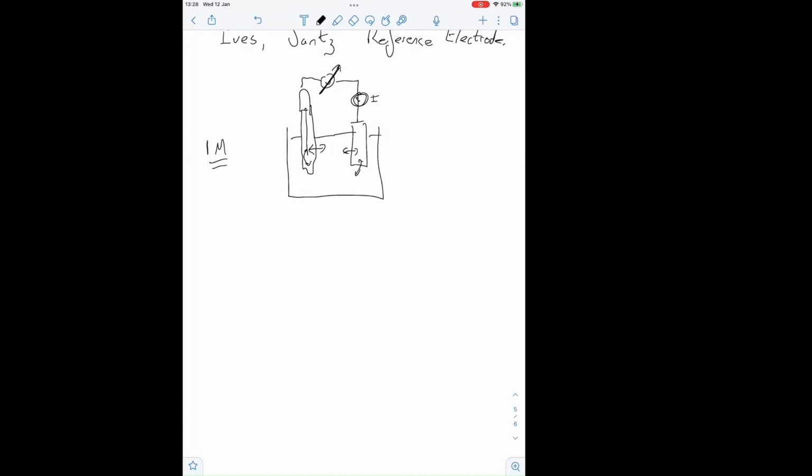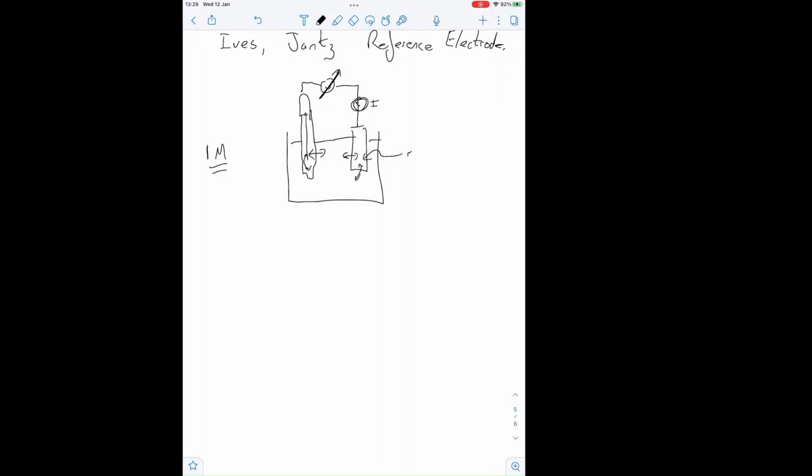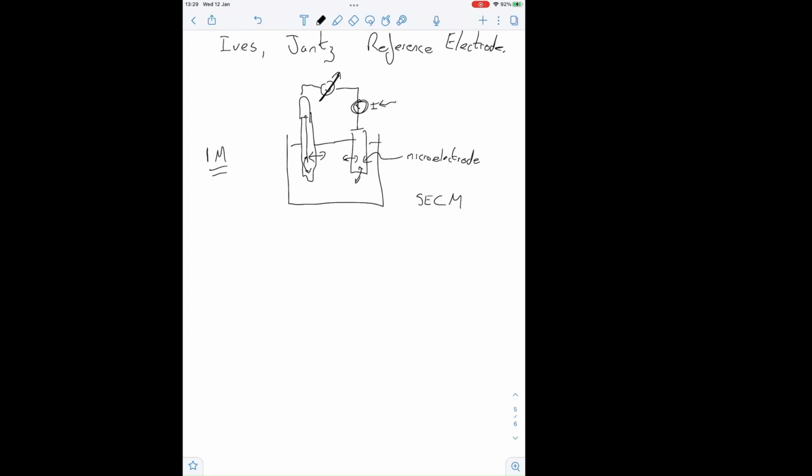So let's be honest. Where they are done is if I make this a microelectrode. So if I'm doing SECM, scanning electrochemical microscopy or something, where this is a microelectrode, now this current here is very small. Once this current is very small, I'm not really changing the concentration at this interface. The change in concentration at this interface is negligible. So some people, when they're using microelectrodes, will do two electrode measurements, and they are valid, but they're only